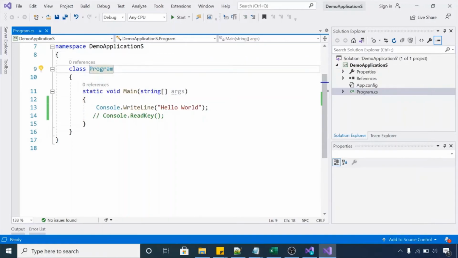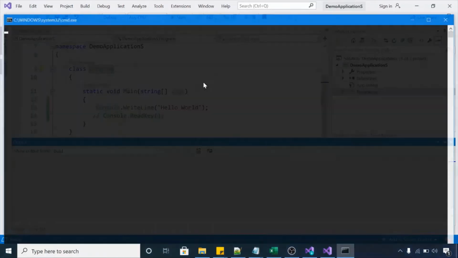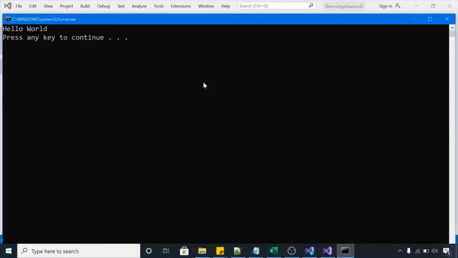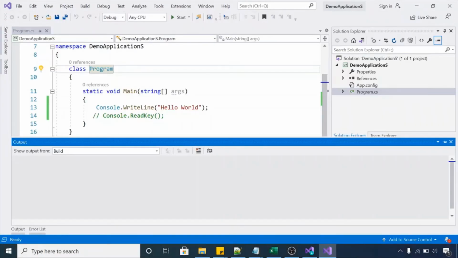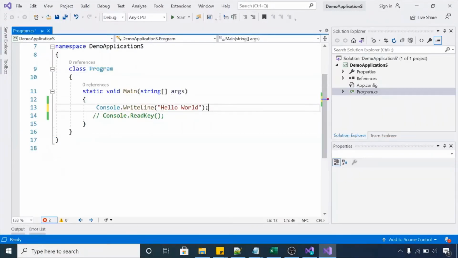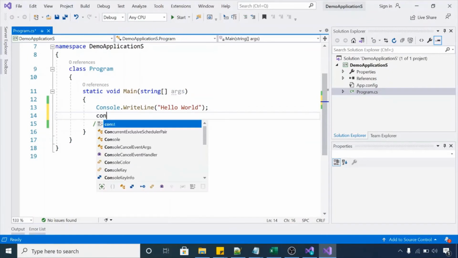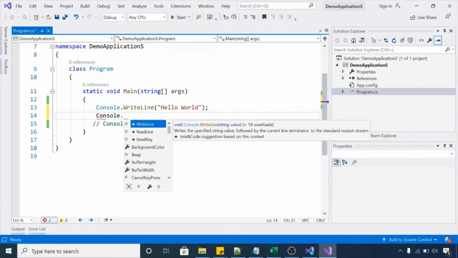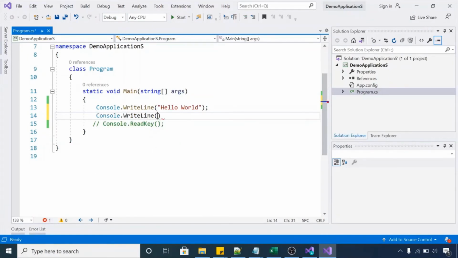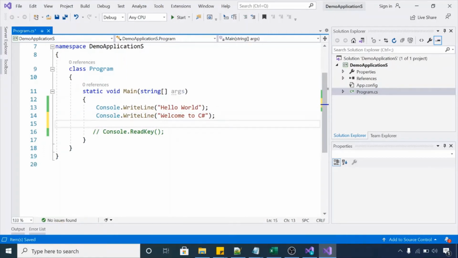So let me show you again. I'm just pressing Control F5. So it's printing hello world. Now you can have multiple console statements here. You can type Console.WriteLine, and I can type welcome to C#. Or if you want to append some string, you can do that.